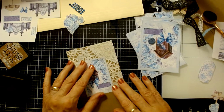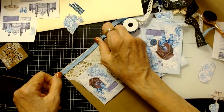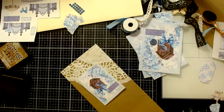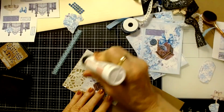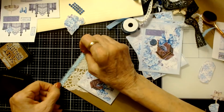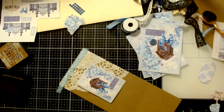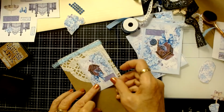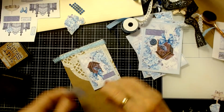And you know, I'm really loving this lace on here. What about this kind of ribbon? Because this project is blue, but I really like this blue lace. So I think I'll continue to use it while I have it. I think it just dresses this project up so well. Okay. I don't know how well that's going to stick. So we can put this here and then maybe some kind of a